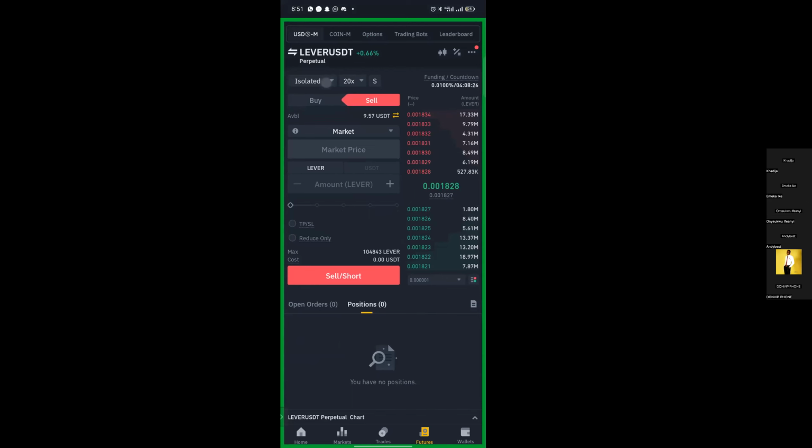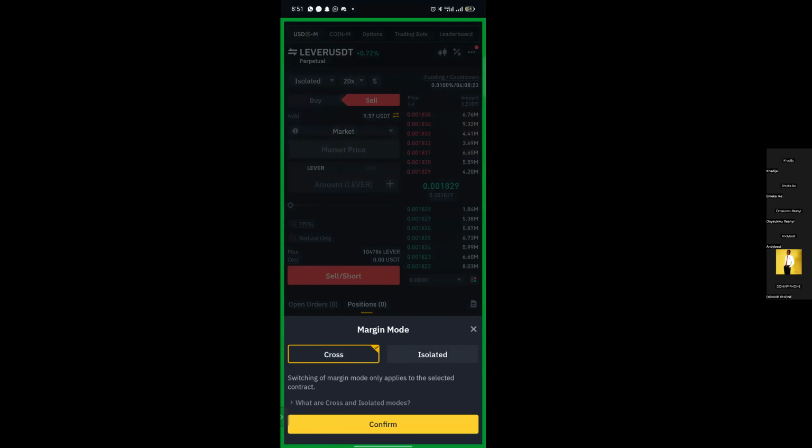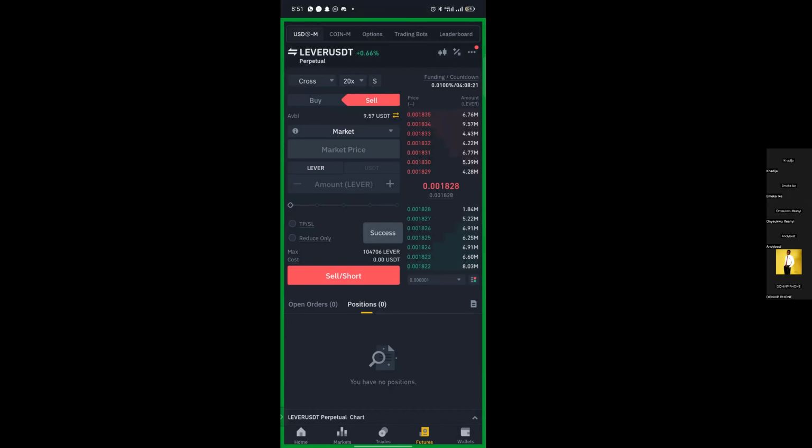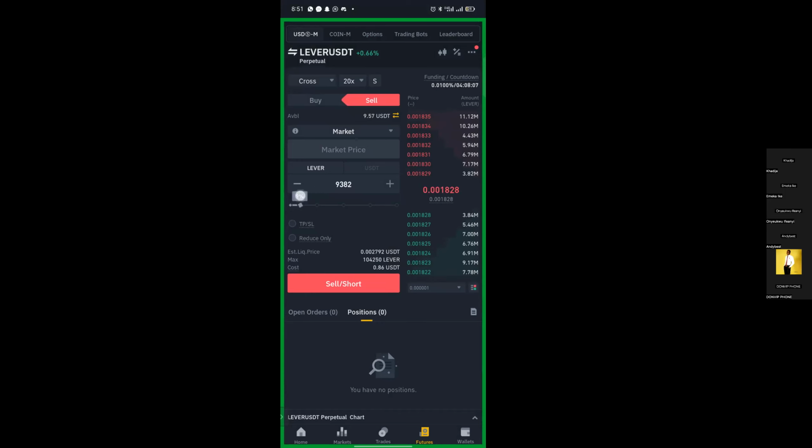You see the difference between the cross and isolated. Let's say now this $9.59, I want to use it to trade only lever now. Now that's where I apply the 5% rule. The 5% of this $9 is still around 4 point something. So let's say 0.4 cents. So I'm going to use, let's say, this 67 cents. That's what I want to use. That is my 5%, for example, of this available. If I click on short,